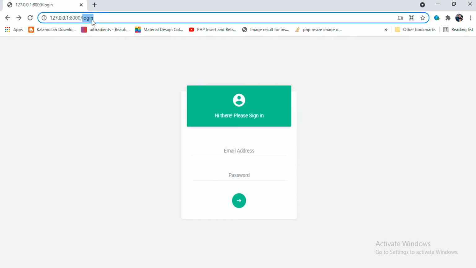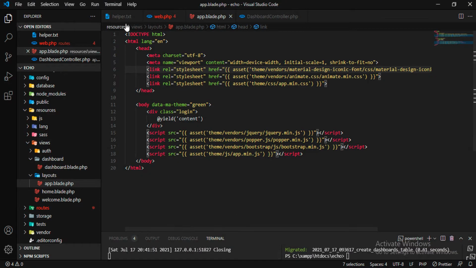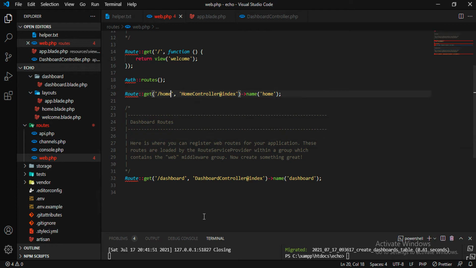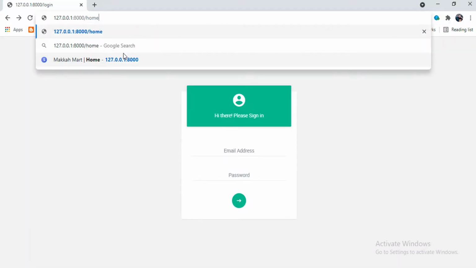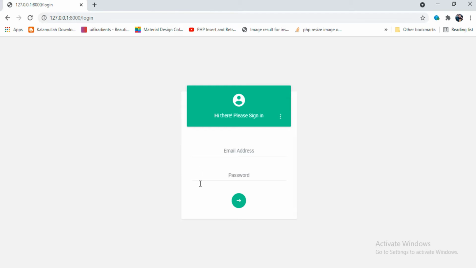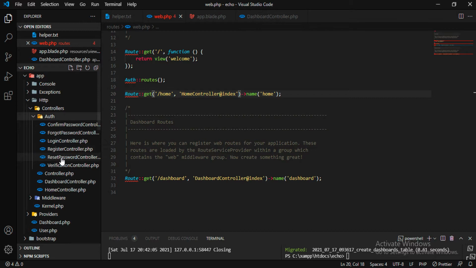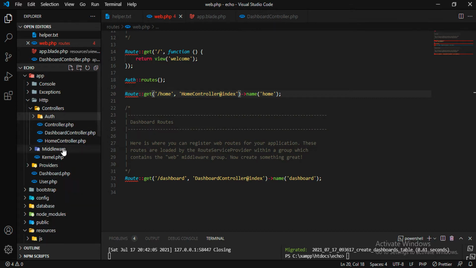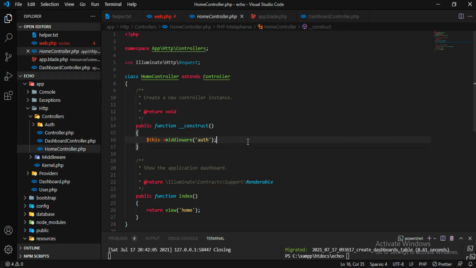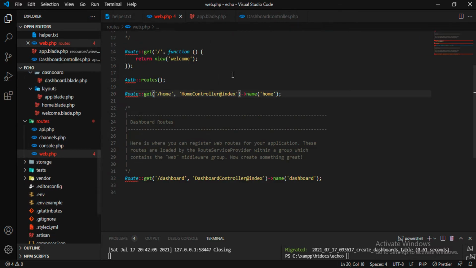So the next part, see, we already have one home route. If you go to home, it will automatically redirect to login, because the home controller index has the auth middleware. That means we redirect to home when we have logged in successfully, right? So we don't require this thing here. So I'm just commenting this home out and